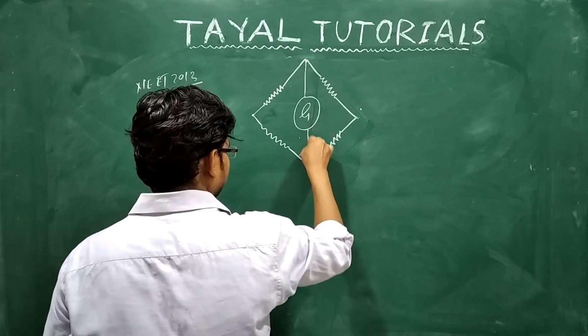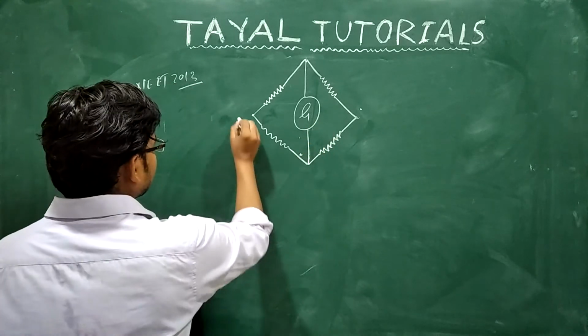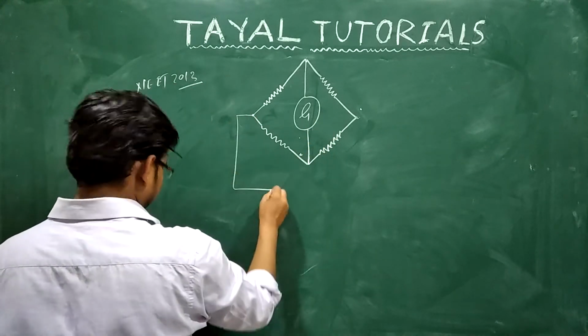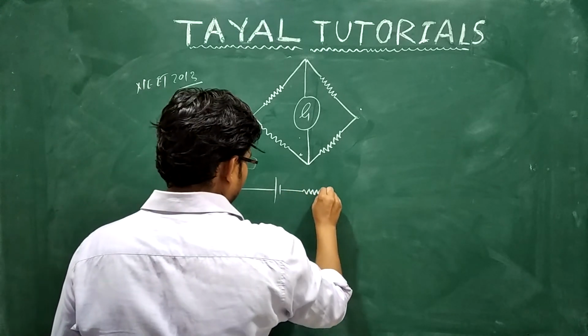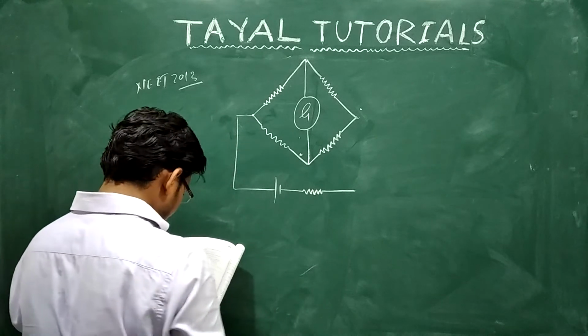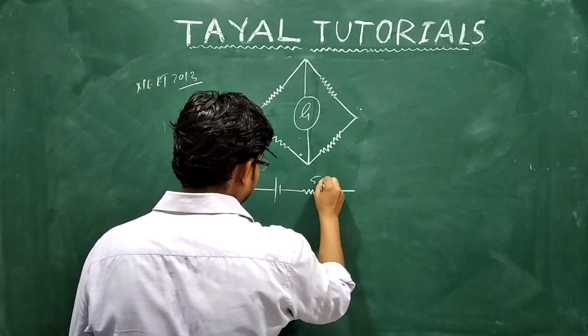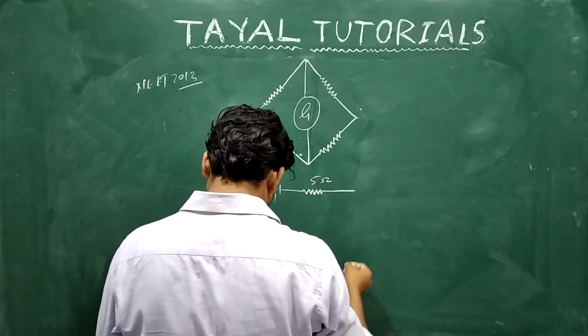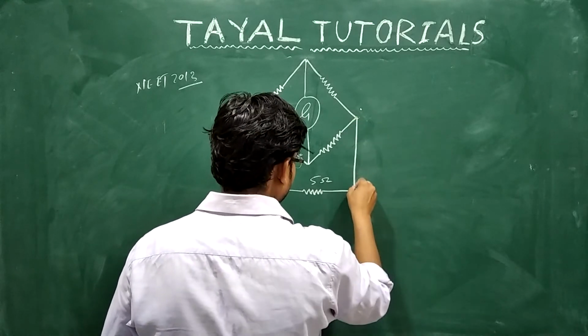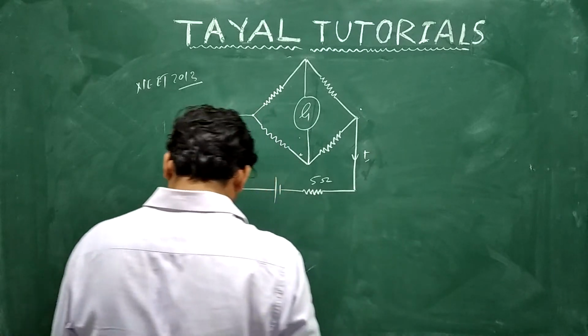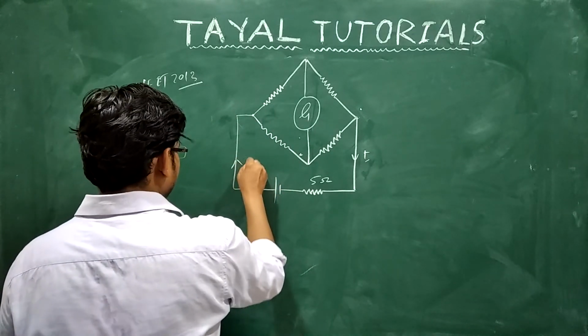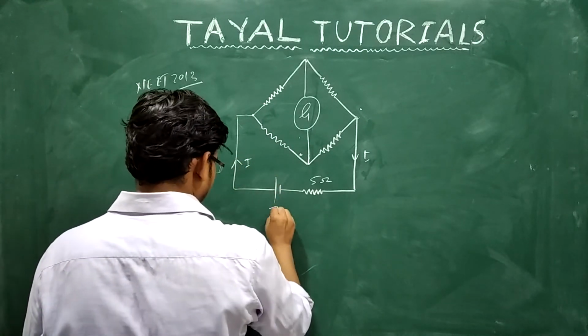This is your G, this is your battery, 7 volt, this is the resistance 5 ohm, and this is the current which is coming from that. Okay, this is I, this is 7 volt,